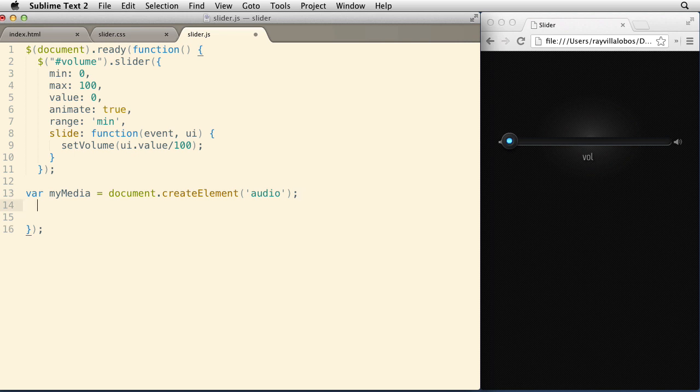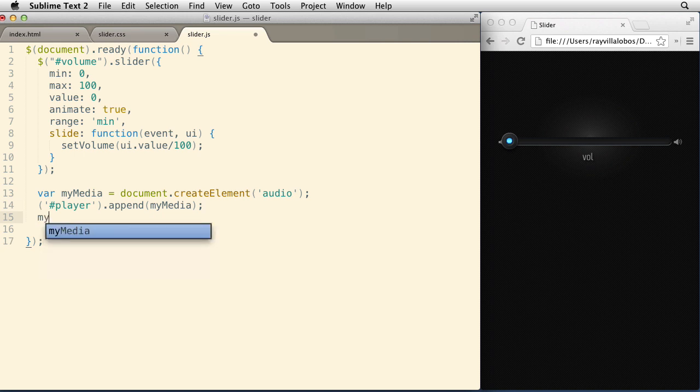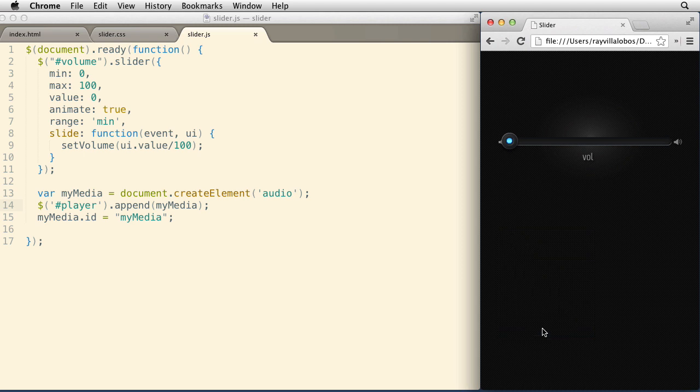Where do I want to place it? Of course, I probably want to place it in my player ID. So I'll target the player ID with jQuery and then set append to my media. So that creates an audio object and it appends it to an element with an ID of player. We're going to be targeting this element later, so it's best to give it an ID. So I'll do my media ID equals, and I'll just call it the same thing, myMedia, just to make it easier. So now if we go take a look at this page,